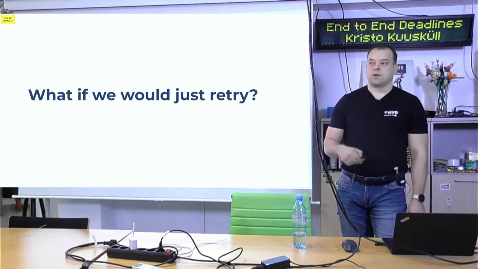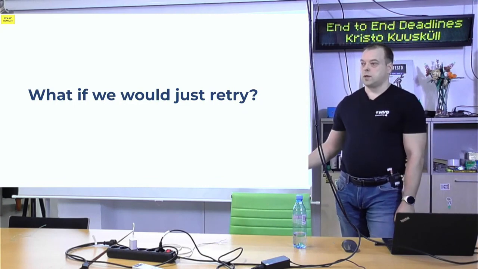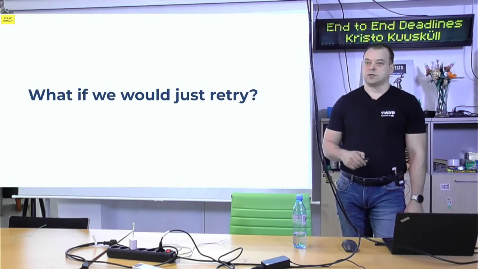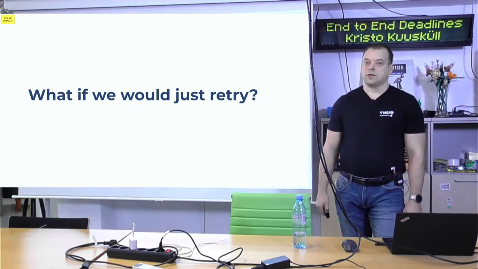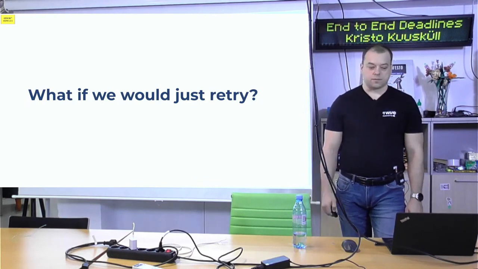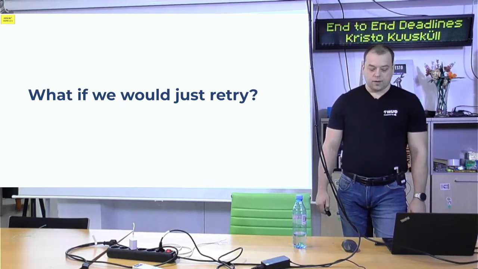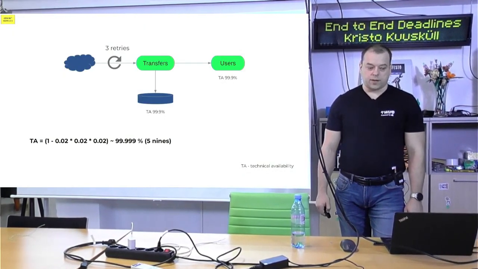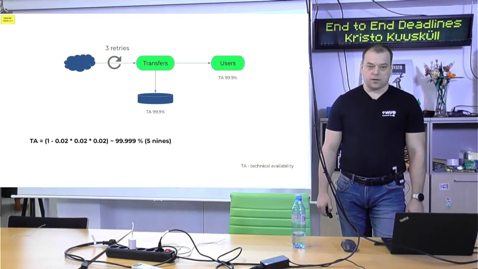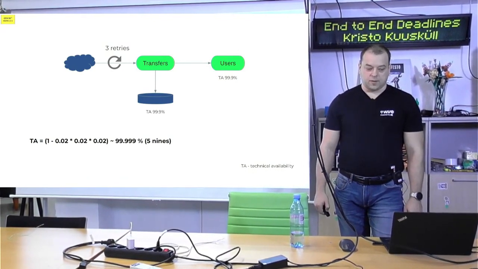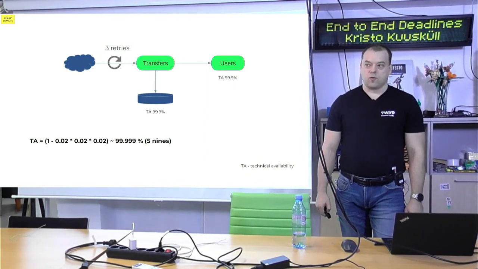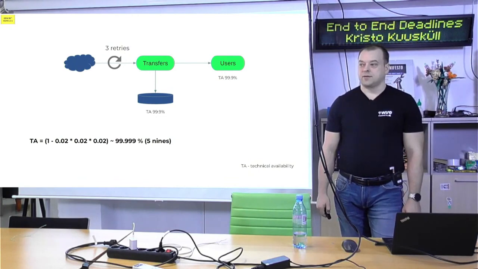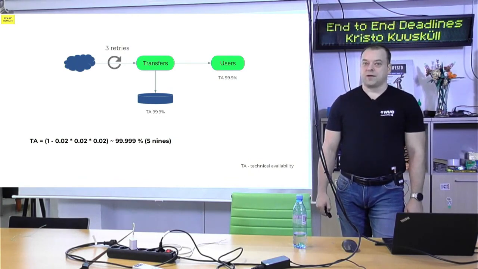And there is a high chance that the retry will go against the other pod of that service, and highly likely in practice produces a successful result when the previous try against the other pod was giving an error. Mathematically as well, if you do 3 retries on that transfers, and assume all errors are retryable, they are not, but let's assume they are, we get 5 nines.